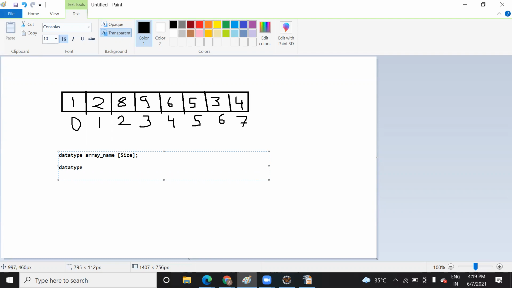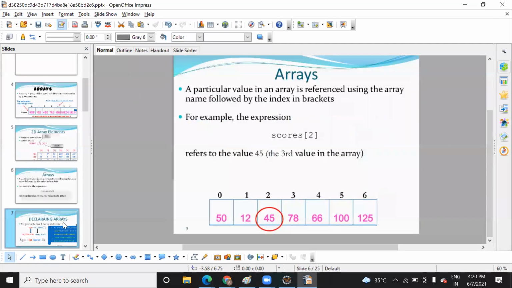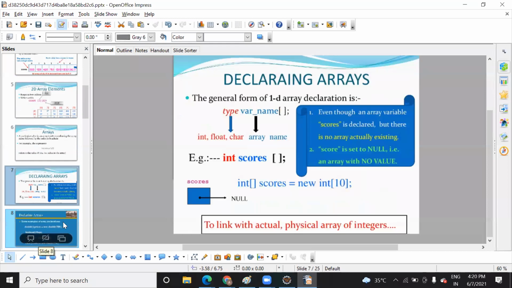Data type and then the array name. And there is one more way where you declare like this. Data type, array name. It will be like this. Let me show you first. In this way, new keyword, data type again, then size.